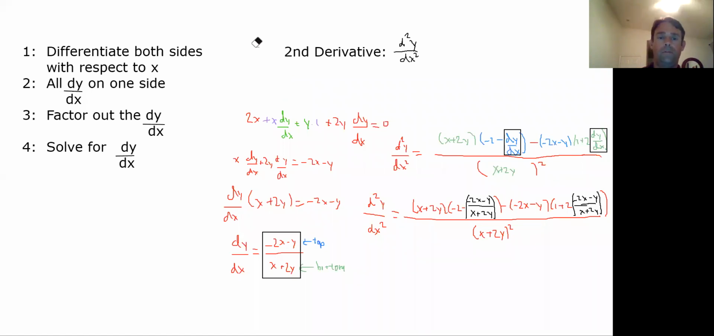I want you to evaluate d squared y at the point, let's give you guys 1, -1, given x cubed plus, I lied, plus y squared equals